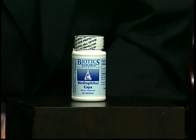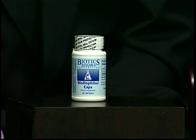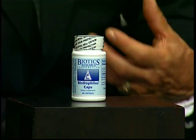It's a probiotic. If any of you have taken any type of antibiotic over time, you need to recolonize your colon or the flora. So I would recommend taking at least 2 or 3 of these Digestive every day, maybe a bottle or 2 after you've had any type of antibiotic